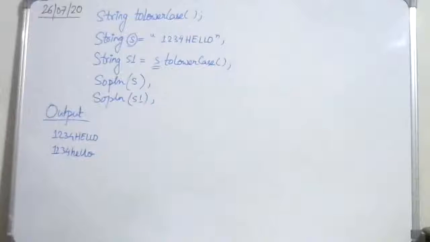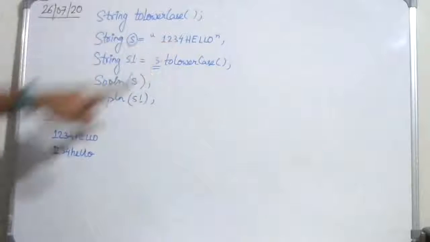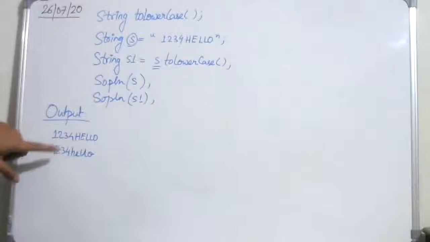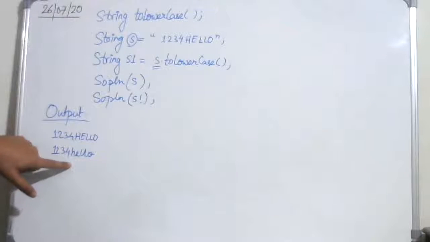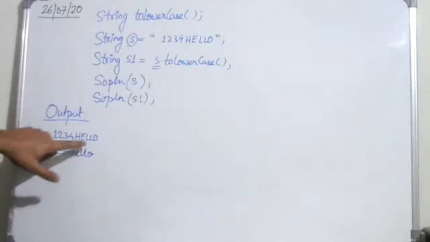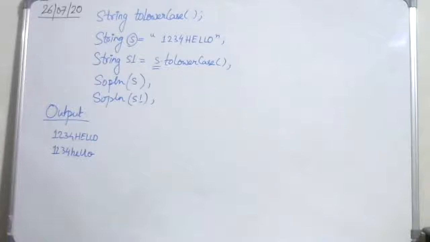The to lowercase function only works on letters, as you have already heard me telling you before that to lowercase and to uppercase only work on letters. Other than letters, if there is anything else like numbers or symbols, it returns them as it is. So that is what we are seeing here. 1 2 3 4 are numbers, so they're returned as they are, and the uppercase letters that were there are converted to their corresponding lowercase values. So capital H is converted to small h, capital E is converted to small e, capital L is converted to small l, and so on. That is how to lowercase works. It just converts uppercase letters that it encounters to lowercase.